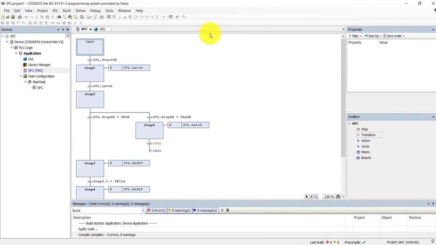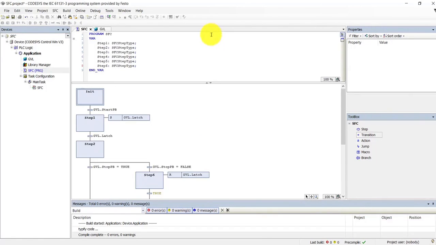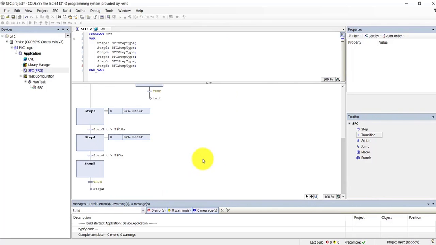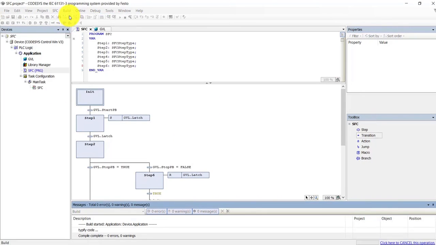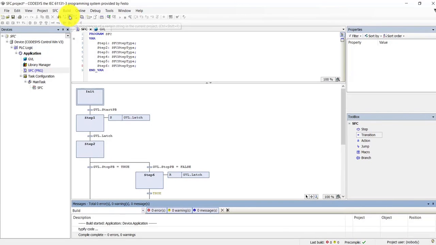So let's try compiling this, seeing if it builds properly. It looks like it has built properly, this SFC. Now what we're going to do is build an HMI so that it's easier to look at. We're going to come